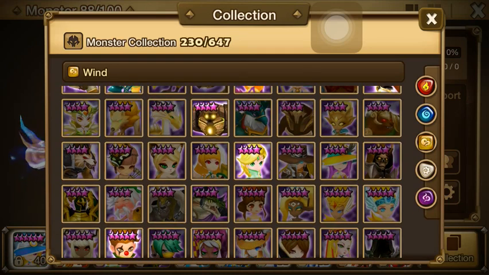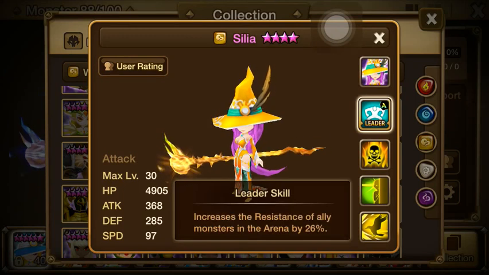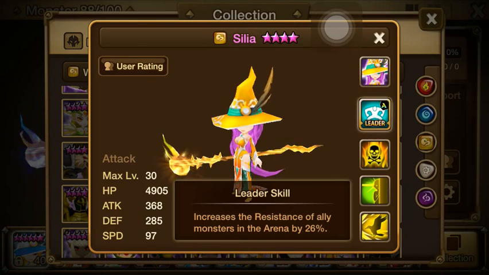I think the next one is Cilia here. Okay, so Cilia is going to provide 26% resistance for the allies of the arena. Again, I've said it in the other videos, but I'll say it again. Why is this beneficial for an arena team? You're probably going to see this more utilized in an arena defense type setup,